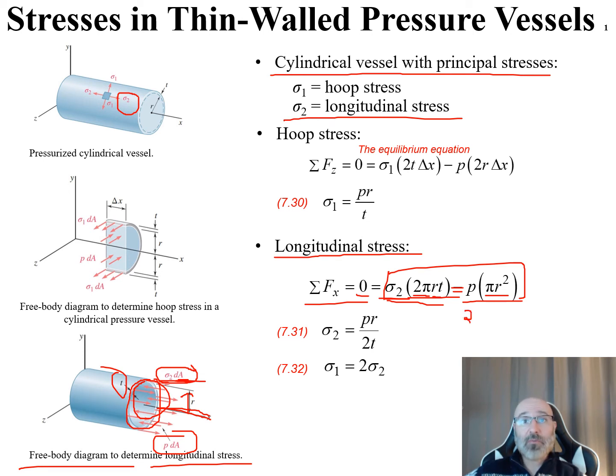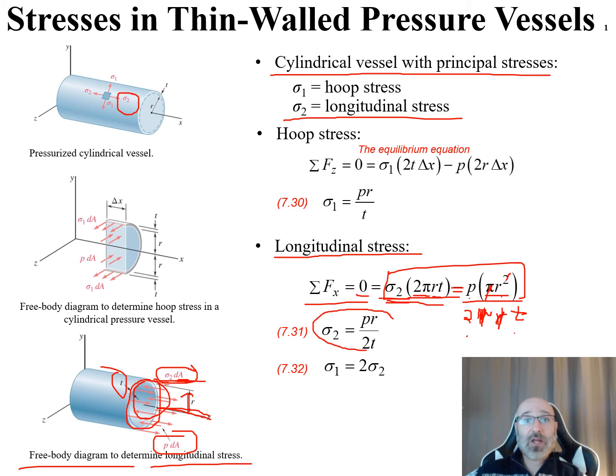That's 2 times pi times r times t there. Well, let's cancel things out. We can see that our r squared cancels with our r here, so that r's gone. Our pi cancels with our pi here. So now we're left with sigma 2 equal to PR over 2T, which is this relationship